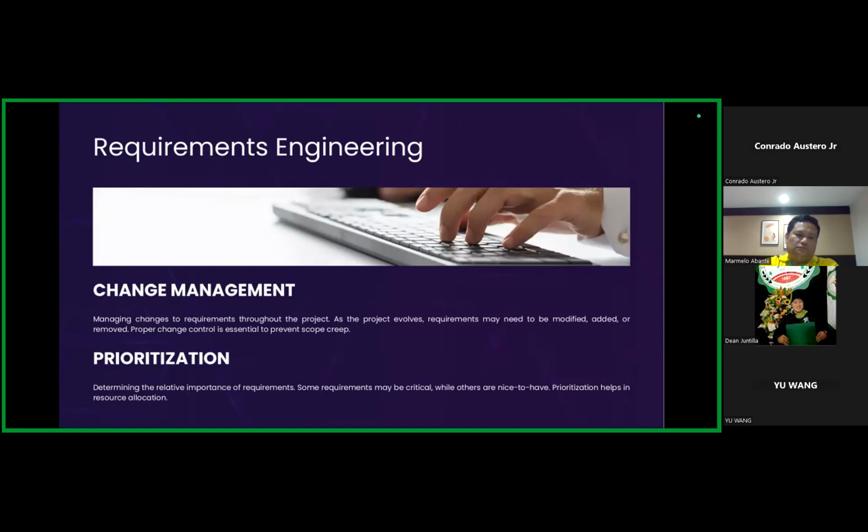So we have to adapt quickly, and learn as soon as possible all of the changes we may be required to make for the project. For example, your application needs to be modified, or some features or functions may be added or removed. Proper change control is essential to prevent scope creep, which can be catastrophic to your project and team if those needs are not met.